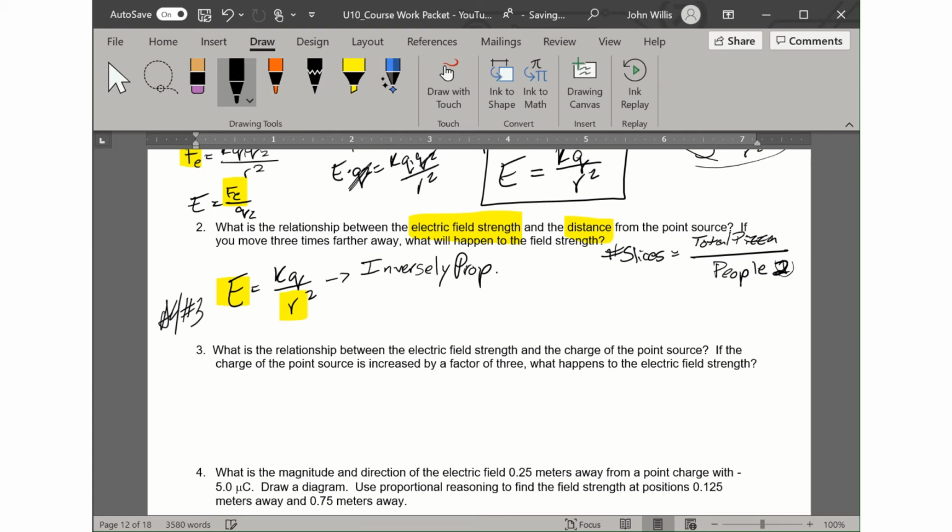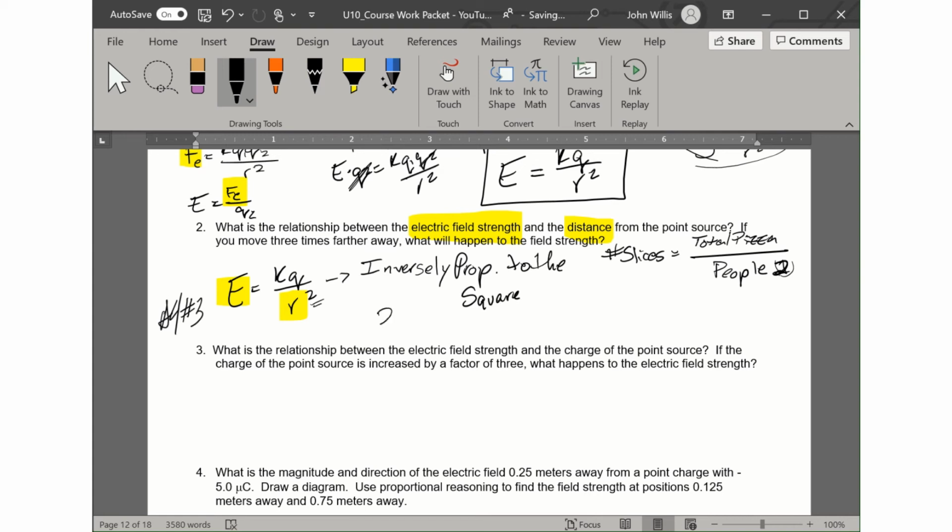But it's not just any inversely proportional relationship. If I have twice as many people, I get half the pizza. If I have 4 times as many people, I get a quarter of the amount of pizza. That's inversely proportional. This is inversely proportional to the square of the distance between the two of them. So it's inversely proportional to the square,